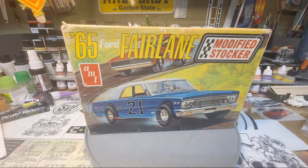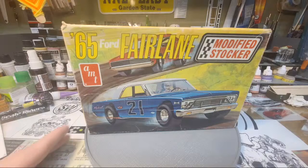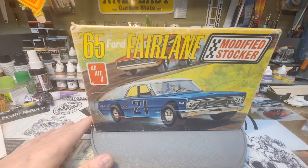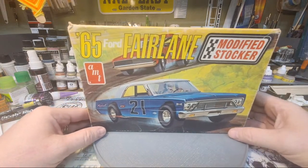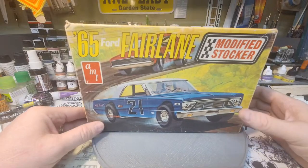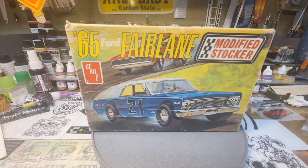I'm about to pack up a build that I did as a dedication build for a good friend of mine, David Byen. I also call him Dig. He owns the company Detail Junkies, and they do a lot of different photo etch stuff. I took a build and I used a lot of his photo etch that is